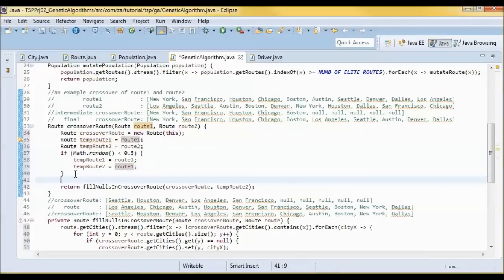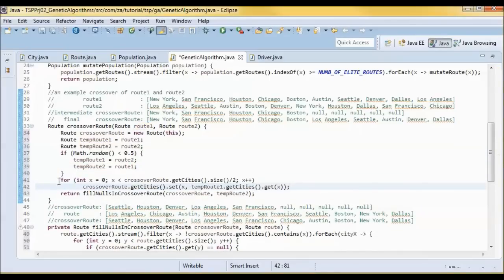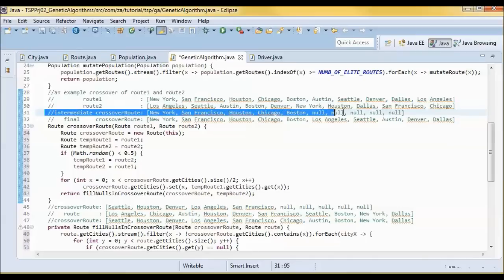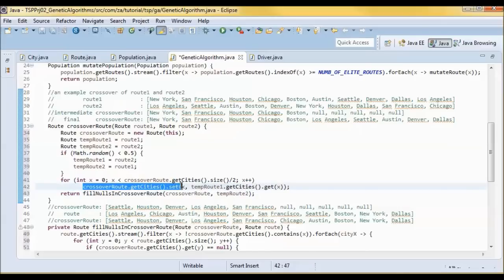And this call will fill up the intermediate crossover route. So crossover route.getCities.set, so temp route 1 dot getCities dot get one of the cities.